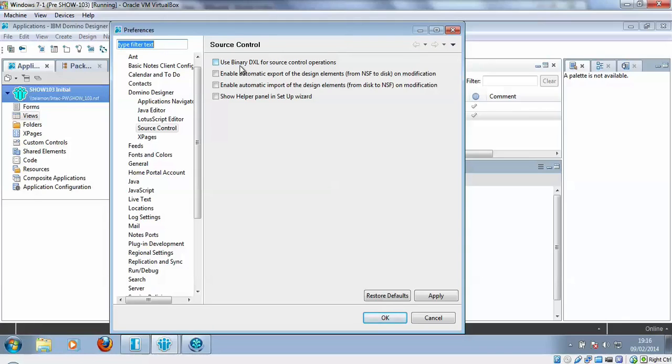The only way to manage those merge conflicts is to go to the two branches, pull the two copies of the design elements into an NSF and compare them side by side, which isn't particularly easy. At least with binary DXL deselected, you can actually look at them and for a large proportion of it actually see readable data. I also disable automatic import and export from the NSF,